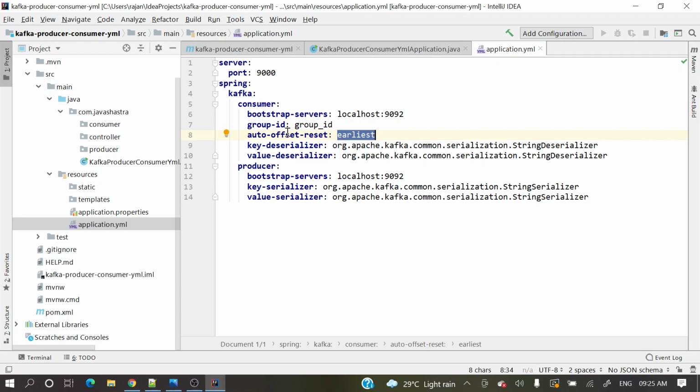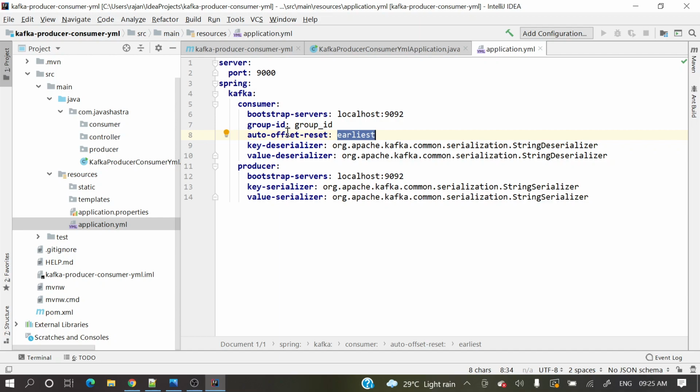So it will indicate that suppose you are consuming some message and something went wrong. Then from where do you need to start again, from the very beginning or from where you left off?